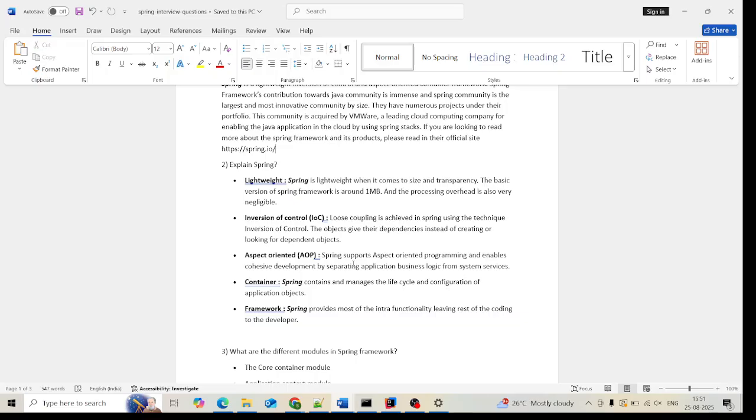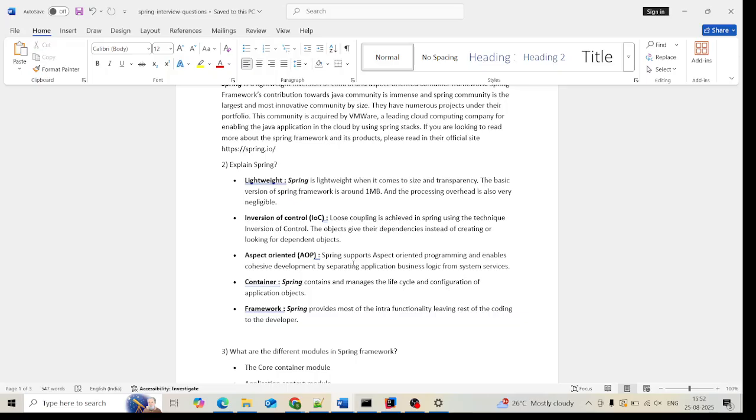For example, there are a few common aspects in every application, like logging of the application, logging through credentials and SSO or other means, database connection and connectivity, and the DAO layer. These are all common things in one application, so these are different aspects. We can join these aspects into our business logic.